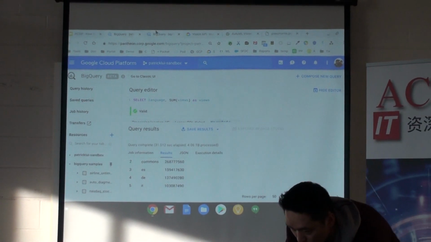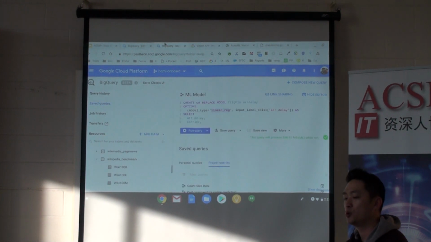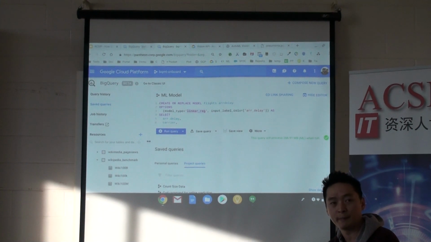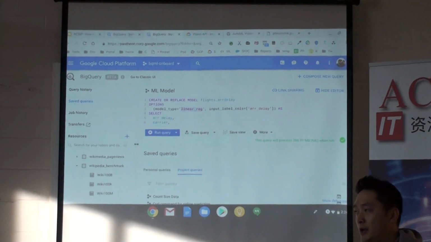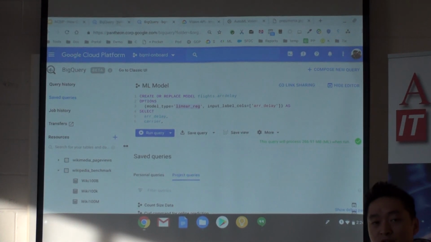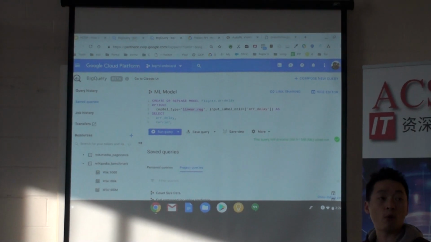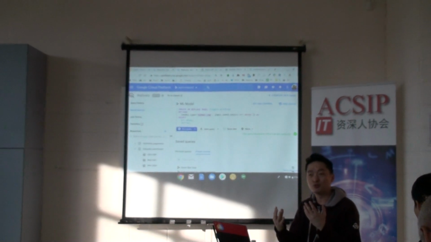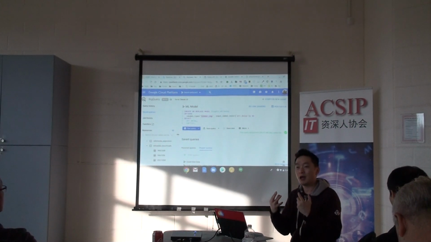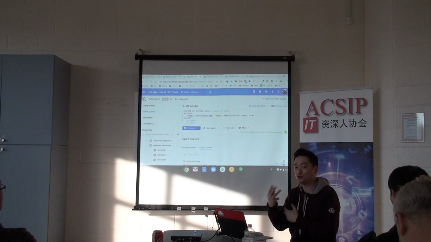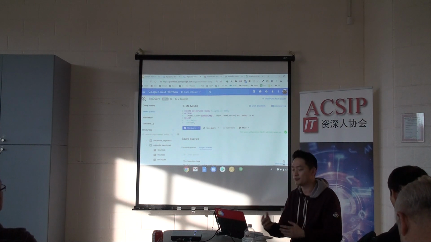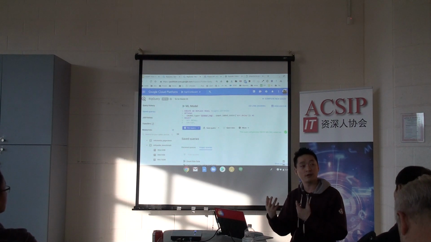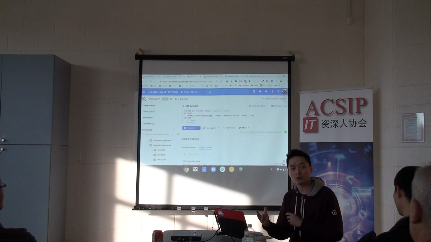Now, for the next demo, I wanted to show this new service called BigQuery ML, or BigQuery Machine Learning. What we found is that given you already have your data in BigQuery, some customers want to build machine learning models right where the data is. Also, some customers don't really have folks who are highly technical and know how to write Java as well as build machine learning models, for example. So what we've done is we've created a new service called BigQuery ML so that you can create machine learning models right in the